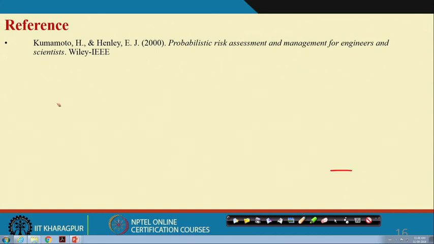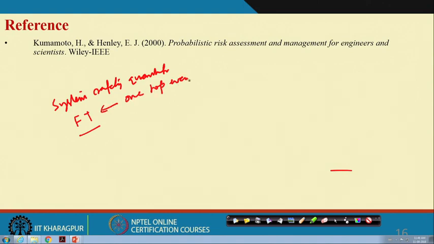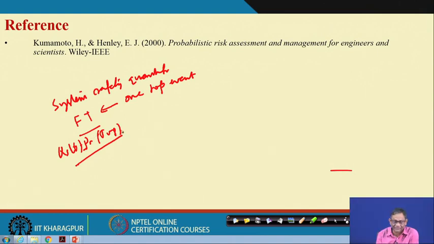So, what is this? We have started with system safety quantification, that is very important. In system safety quantification we consider the fault tree first, and we have considered that there is one top event. By unavailability, we mean the probability of the top event, that is the unavailability QST. Once you have unavailability, you can find out availability and other things. Our sole purpose in system safety quantification is basically how to find out the unavailability, that means how to find out the probability of the top event.